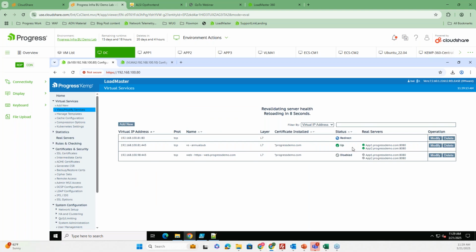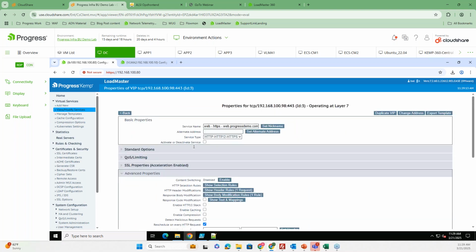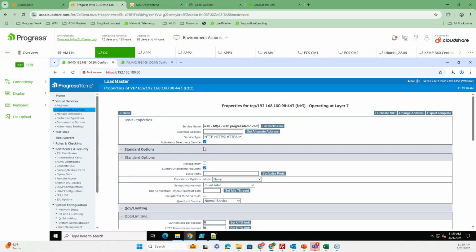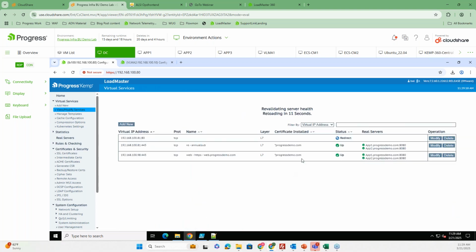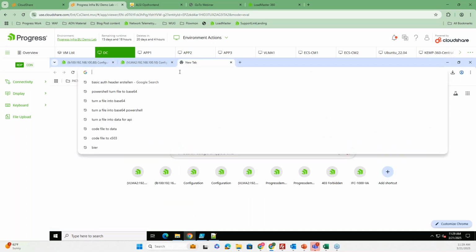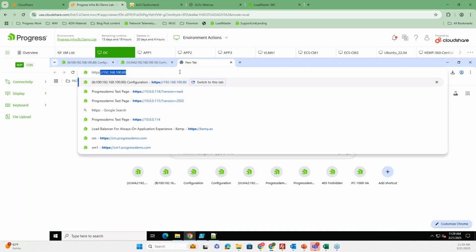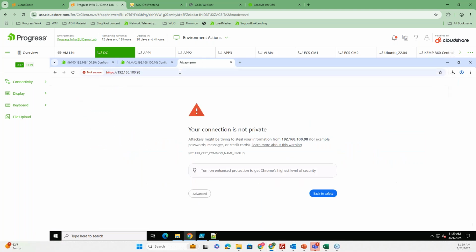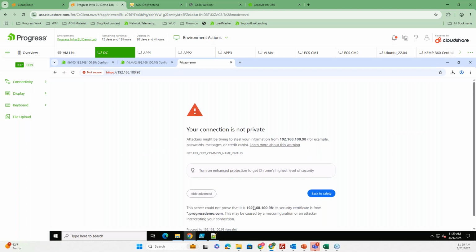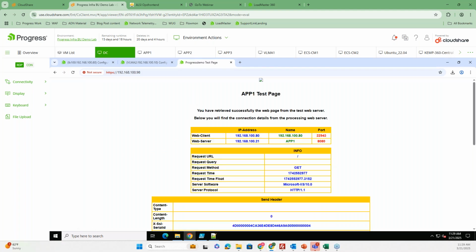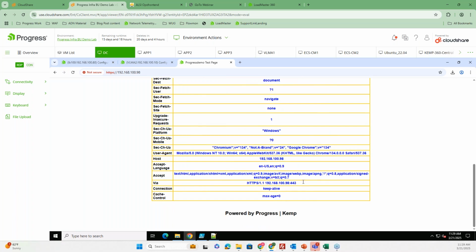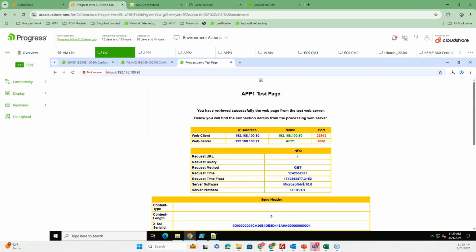I should have modified the template. It's disabled right now for security reasons, but that's an easy fix. There you go. And we can go to that page and open this guy and see the pages right away. Sure, that IP is not part of the certificate, and there you go. I'm on my page through that virtual service that we just created, so happy days.